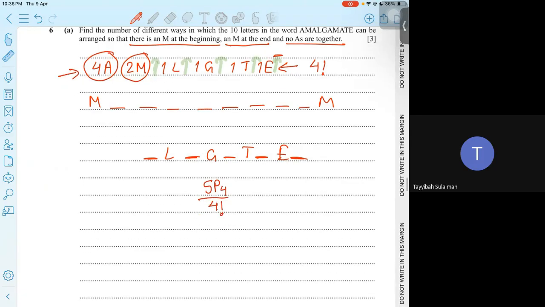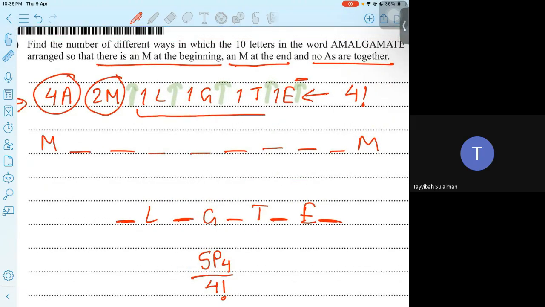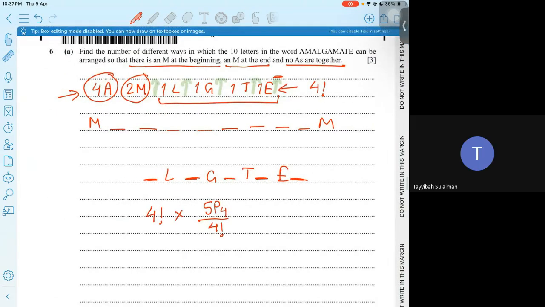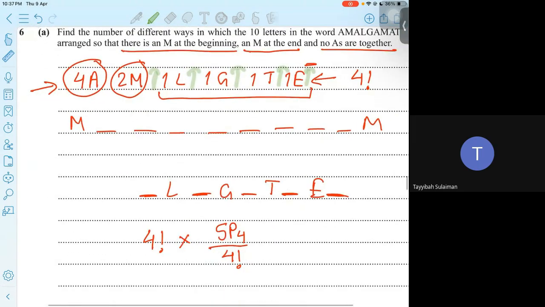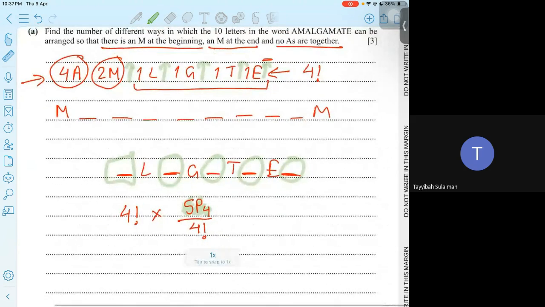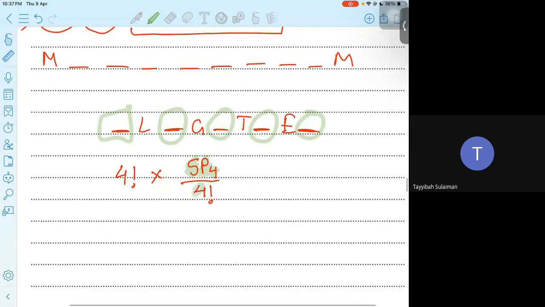So if you bring everything together, the first thing we did was sort these out. So that is 4 factorial, into, I have to find all the spaces that I can put my A's. That is 1, 2, 3, 4, 5. That is 5, and then P4 because I had 4 A's. So I have 5 spots and I have to place 4 A's between them. That is 5P4. Divided by 4 factorial,